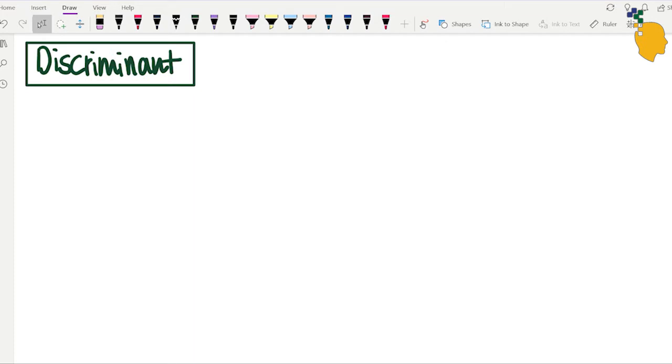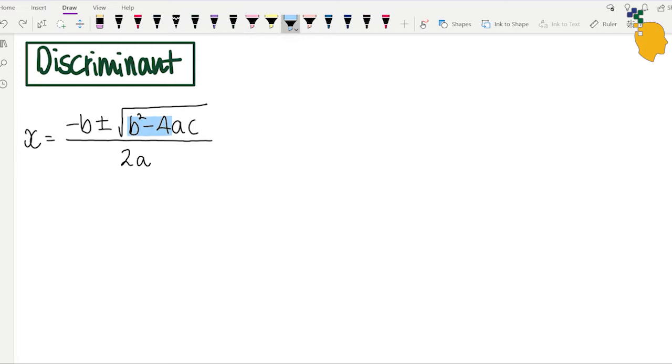The discriminant can be obtained from your quadratic formula. x is negative b plus or minus root b squared minus 4ac over 2a. And inside the square root we have b squared minus 4ac, and that is the discriminant. The symbol is the triangle. What does it do? It gives you the number of solutions of the quadratic function, which is the same as the